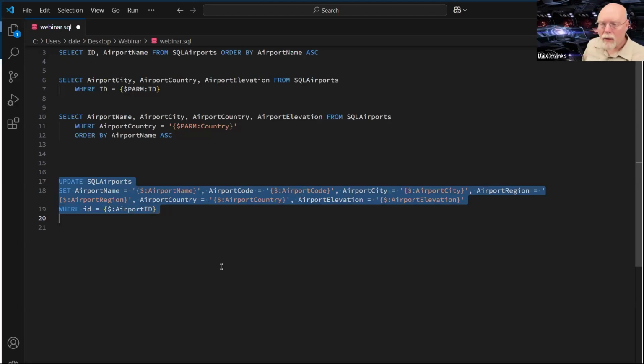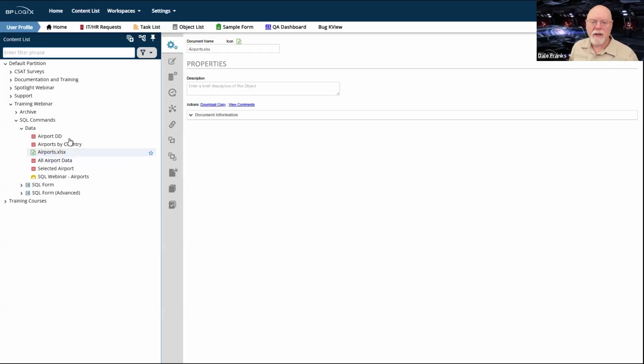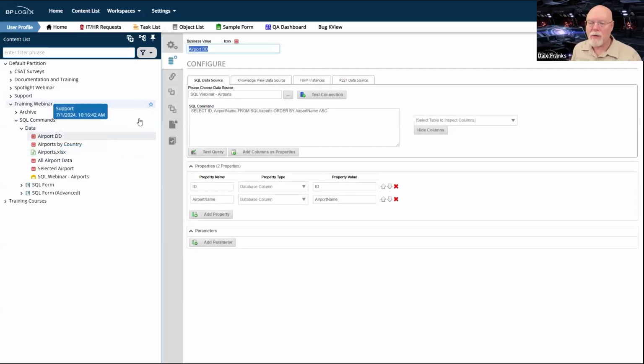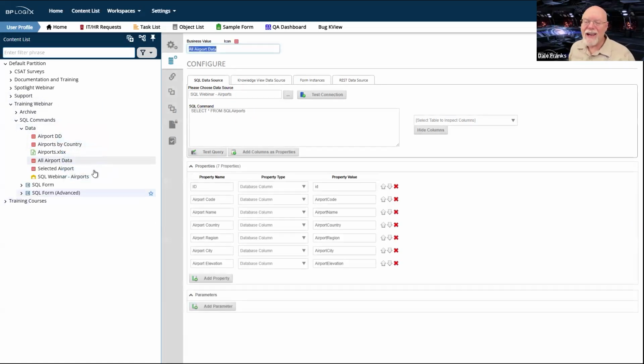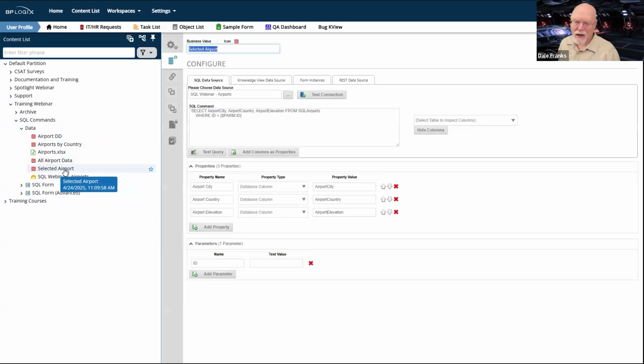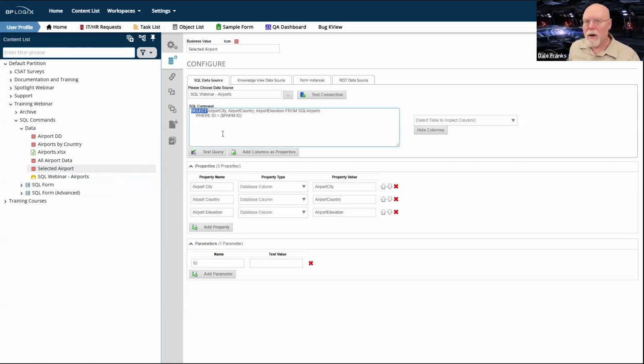So far, with Process Director, we've been talking about business values. And we had all these business values to pull the data from the database. And almost any time that you need to run a select statement on any sort of external data, you're going to want to use a business value. If you have a select statement, the business value is probably your best bet for pulling the data out of the database.